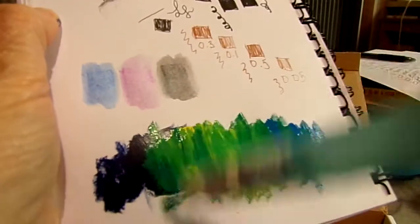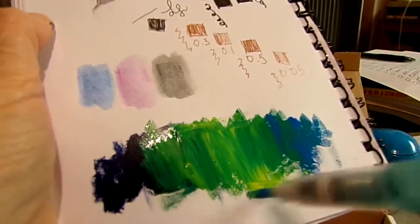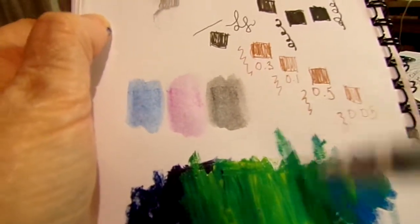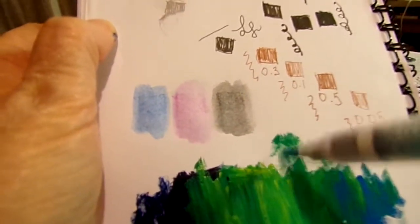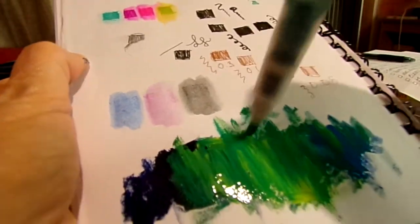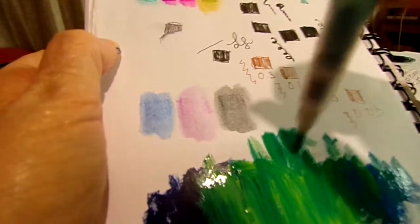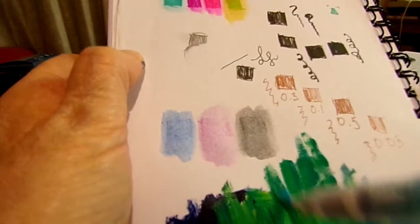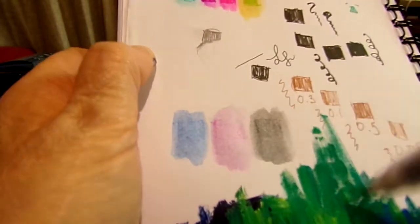I got this big mess on my page. I've got a big old mess. Do some trees here. Just do a little bit of trees and get a little bit of water in there. Which one am I using? Oh, I'm using my other pen, the one that doesn't have much water in it. No, I'm just making a big...